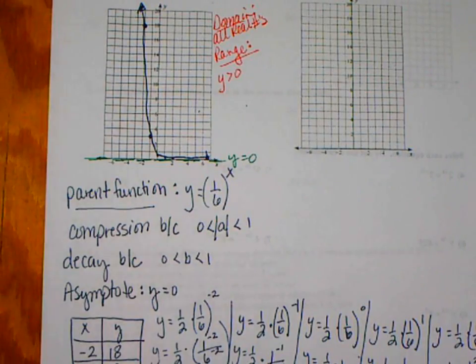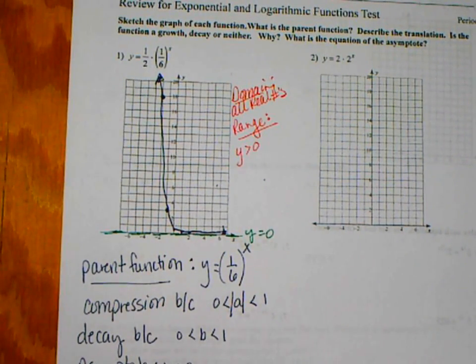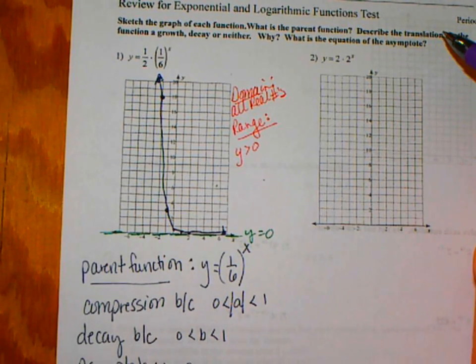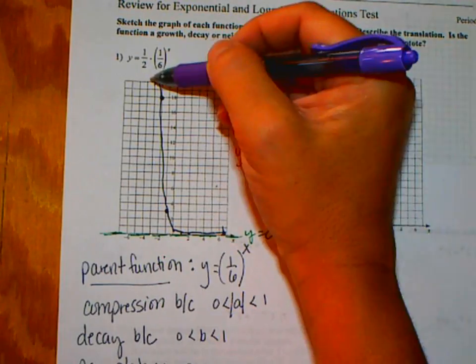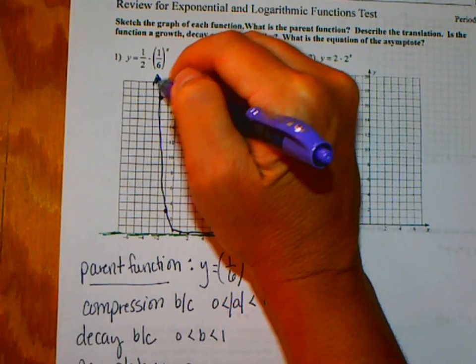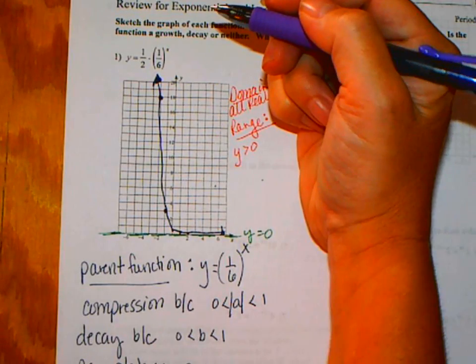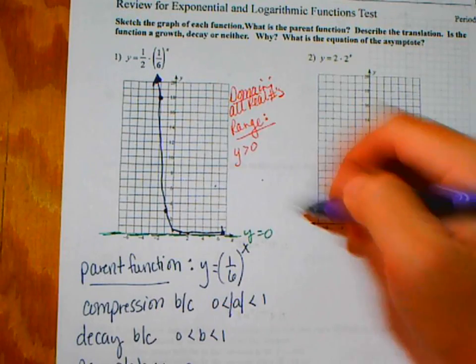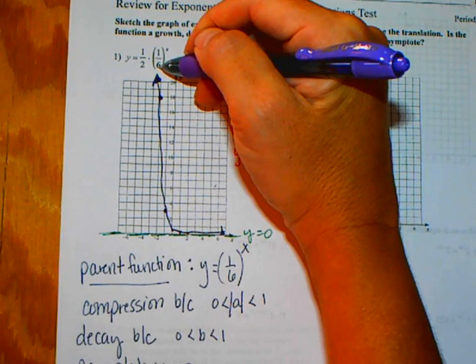So for my end behavior, and I forgot to type that in as one of the questions, but you're going to have to be able to tell me what the end behavior is. You have to do it for both sides. So the side of the graph that's not approaching the asymptote is the easiest side. So I like to start there first, right? So on this side of the graph,